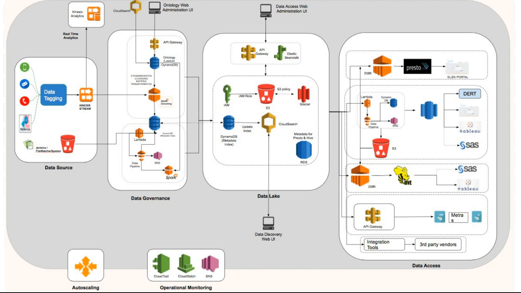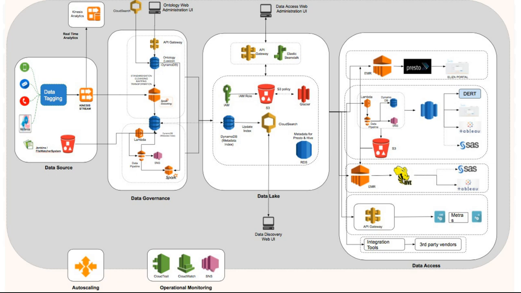All data coming in goes through a data quality, governance, and metadata cataloging layer. This is powered by DynamoDB with Spark streaming jobs moving and transforming the data as it lands into the data lake storage. The central piece of the storage is, of course, S3 with lifecycle management based on regulatory needs onto Glacier. This whole thing is encapsulated in an API with AWS API Gateway. And the catalog is kept in a combination of DynamoDB and RDS. This provides a UI for data discovery through CloudSearch, for searching what's in your lake, and a UI for administering